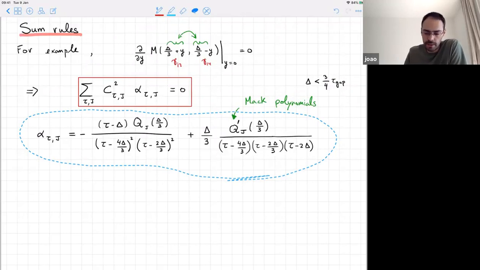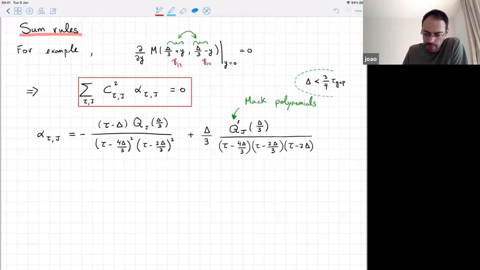So any CFT, well, actually here we use this condition that delta is less than 3/4 of tau gap, being the first operator exchanged. Any CFT with this property should obey this sum rule. Okay, so